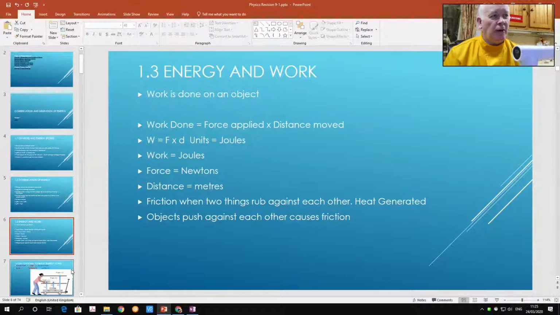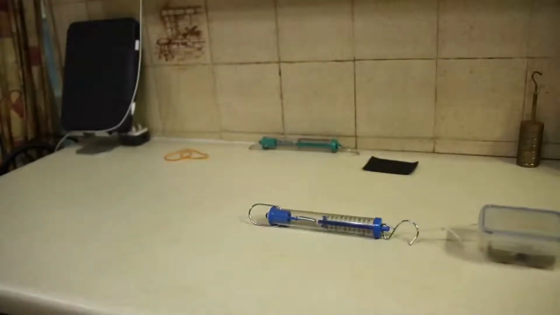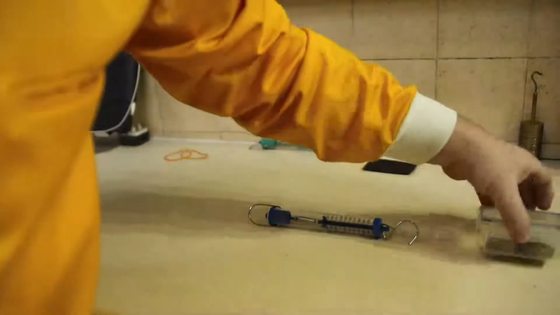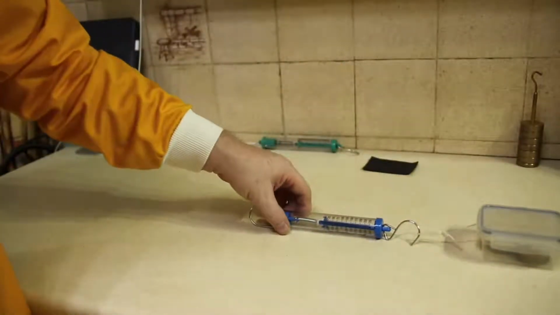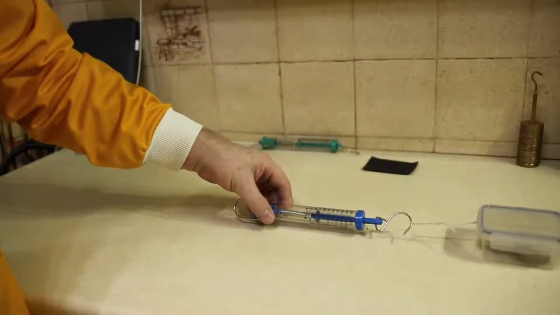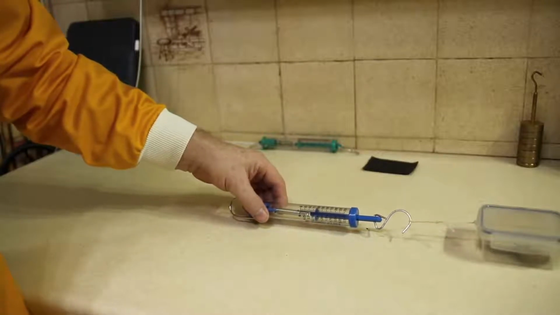So we need to have a look at energy and work. And to do this, we're going to have a look at a little experiment. I'm just going to move and look at that one for you. What we've got here is a little box. The box contains some weights and it's connected to a Newton meter. And as I pull this, we're up to